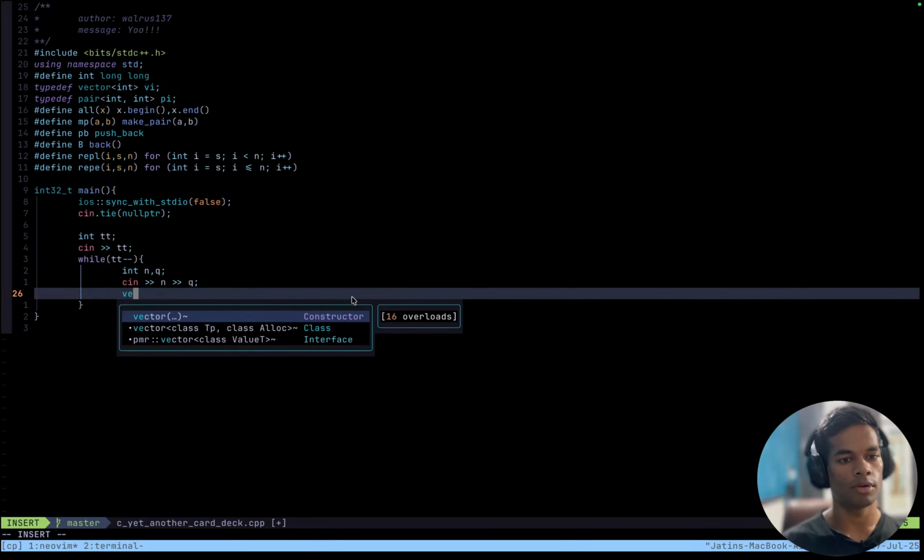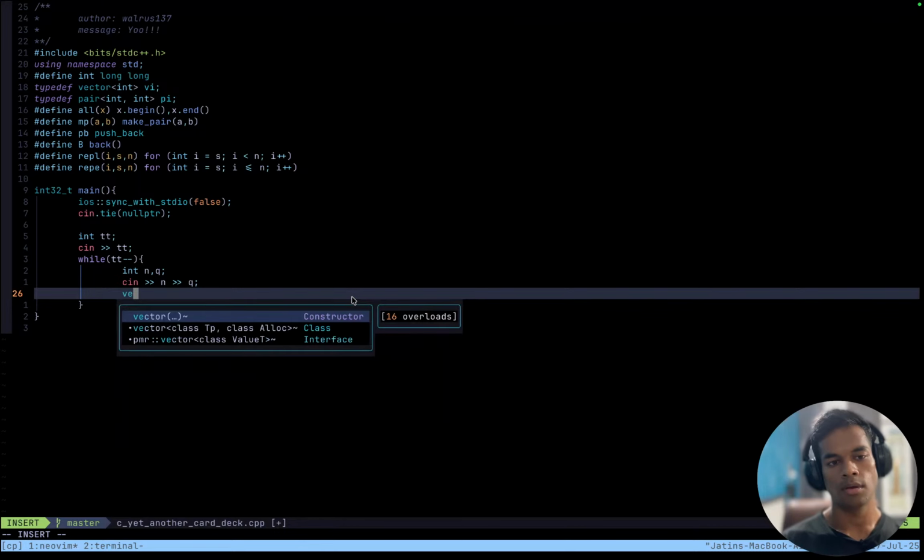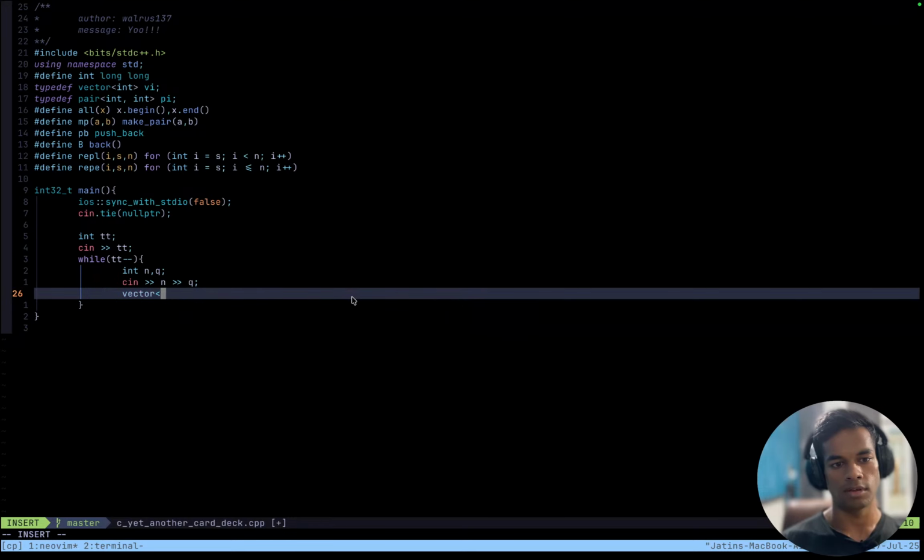I would like to have something like this: a vector of integers, 50 of those, and the size of each individual vector would be... so this is fine.